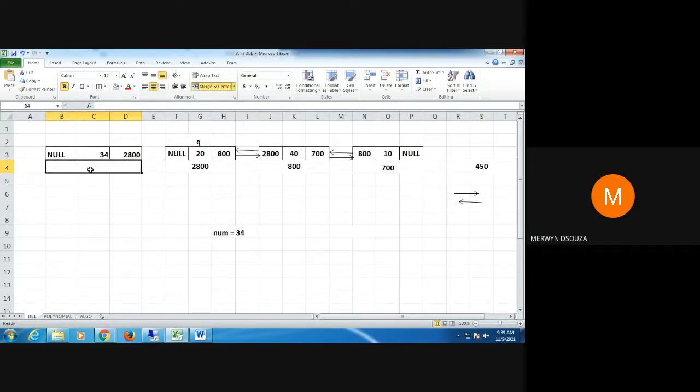Suppose the address of this node is say 890, and here I should be getting 890. And that does not end it. I should also be shifting Q here, because this is going to be my new first node. So this is what we are going to try to do with that function. Let's see how to do that.